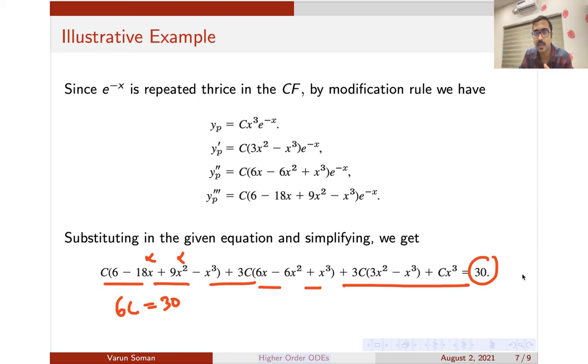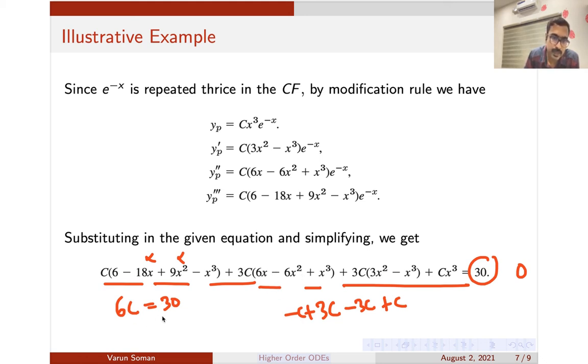Here the coefficient of x cube in RHS is actually 0. So the coefficient of x cube in this one will be 3c minus 3c plus c, and here also there is a minus c in the first term. So here also the coefficient of x cube is 0, so it is balanced. Everything will be cancelling out. If you look at x square also, you can check it out, the coefficient will become 0 itself.